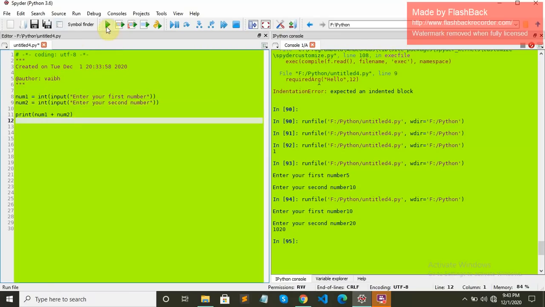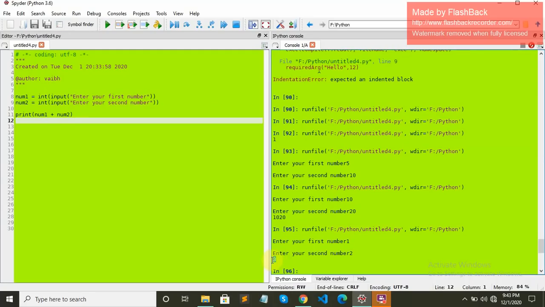So make sure to put int at the beginning of the input statement. Let's have a look now. You can see enter your first number, let's say 1, let's say second number is 2. We can see 3 is the output, that is the sum of 1 and 2. For the subtraction we can have something like this.